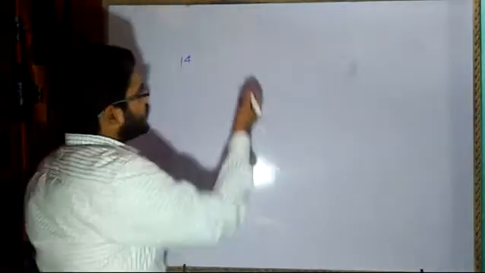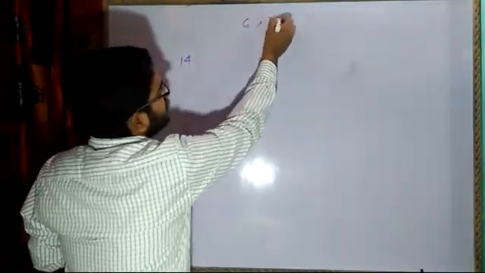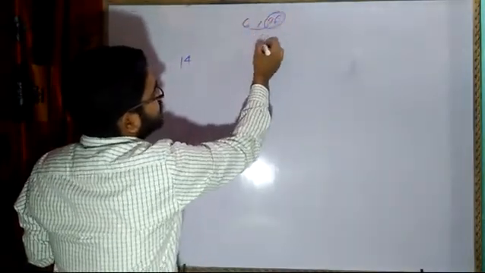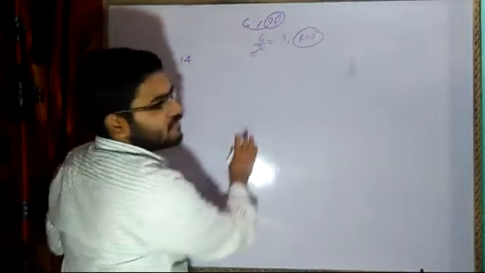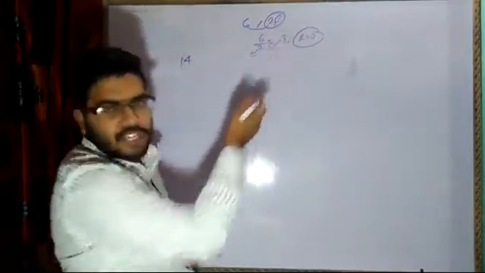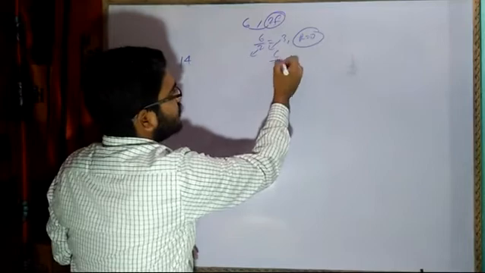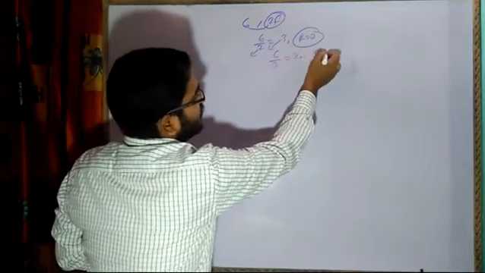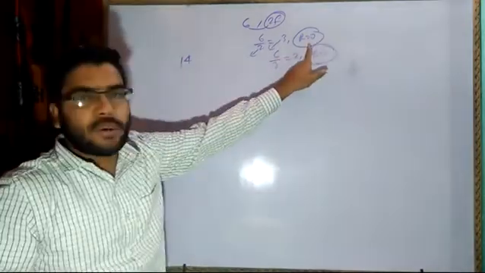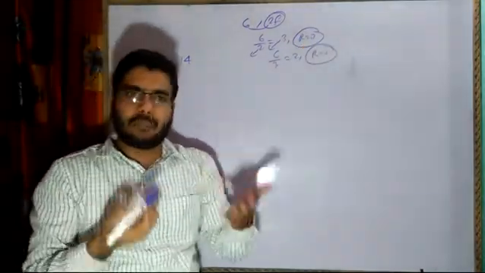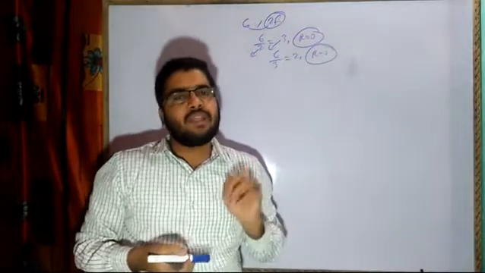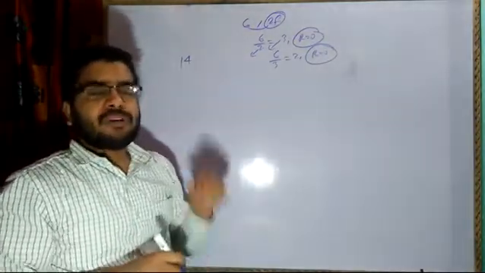Like I gave you the example of 6. 2 is a factor of 6 because 6 divided by 2 is equal to 3, remainder equal to 0. So 2 was considered to be a factor, and 3 was also a factor because 6 divided by 3 was 2, remainder equal to 0. All of you must remember that when we divide a number by another number, if the remainder is equal to 0, then that number is said to be a factor.